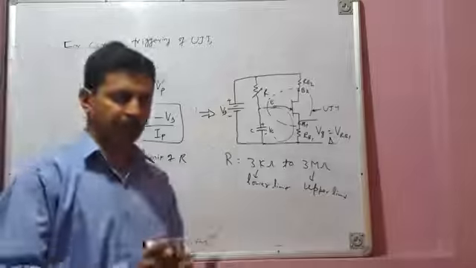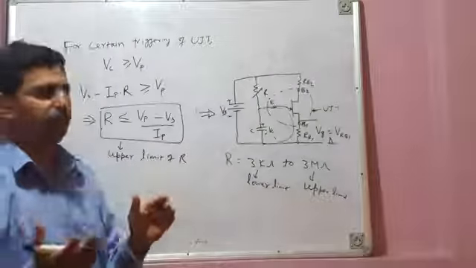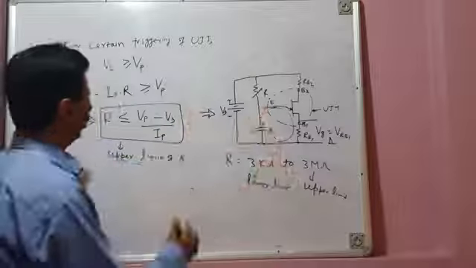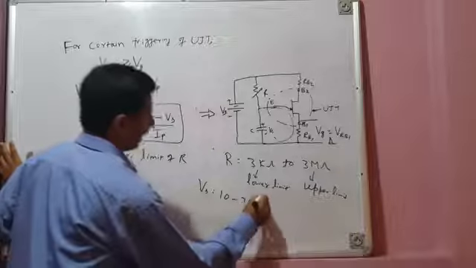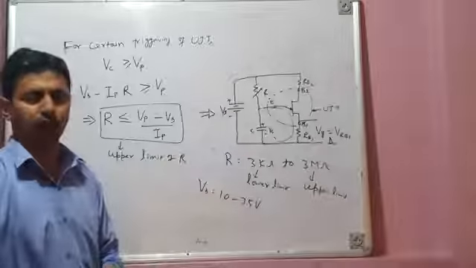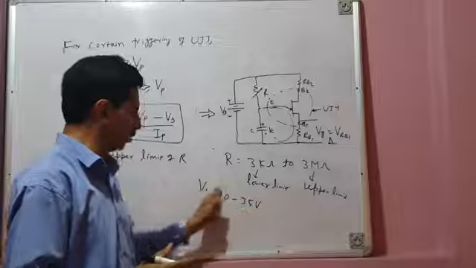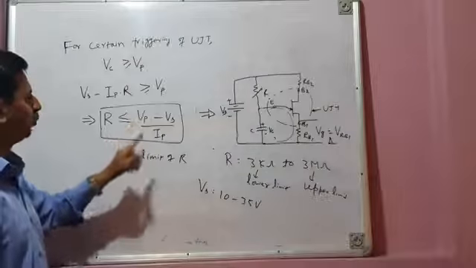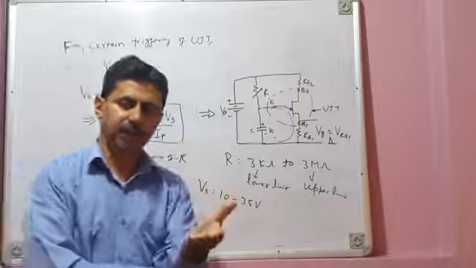Normally, when you purchase a UJT from the market, from the data sheet of the UJT, you know these parameters are given. This Vs, the applied voltage, is generally in this range, 10 to 35 volts in practical circuits. You know what your applied voltage is, what the DC source voltage is. The DC source voltage is determined by you, and it should be within this range. So you know Vs, Vp is the peak point voltage, and Ip is the peak point current. You can find that from the data sheet of your UJT.